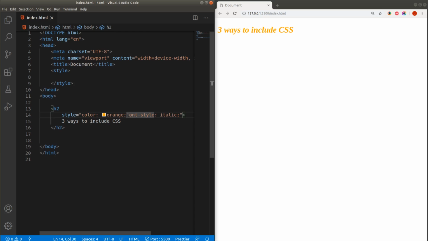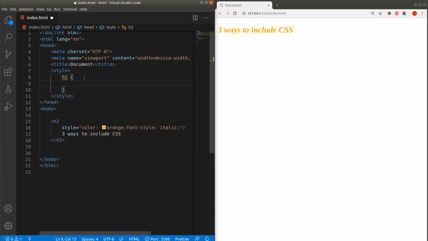To apply style to a specific element, we have 3 different types of selector in CSS, and we are going to see all those types of selector in an upcoming tutorial. For this tutorial, I will tell you how we can target the h2 element. We can go into the style tag and specify the h2 tag over here. Then we need to add a pair of curly braces, and whatever CSS property you specify inside these curly braces will be applied to all the h2 elements in your web page.